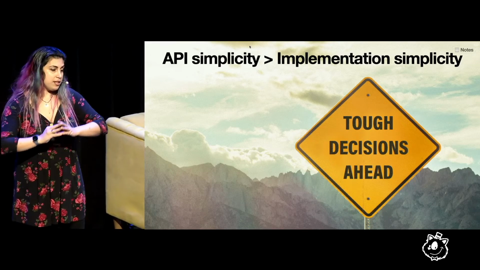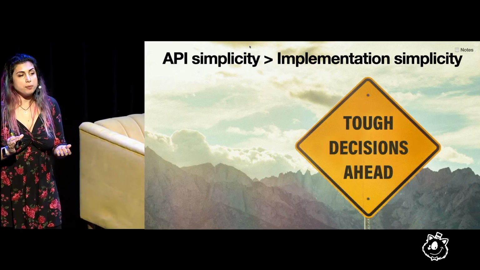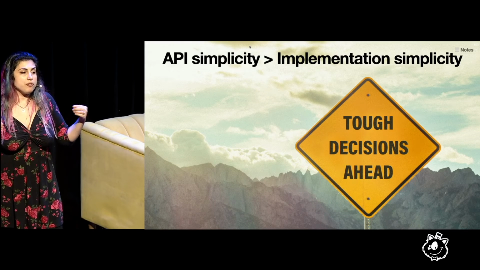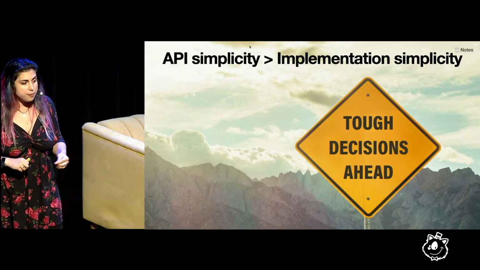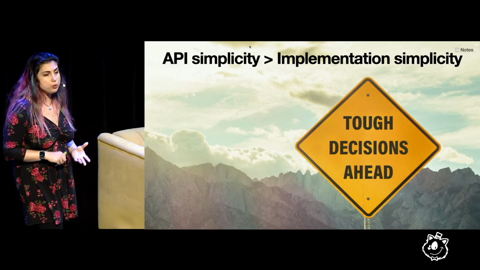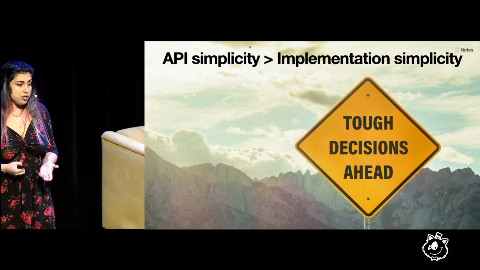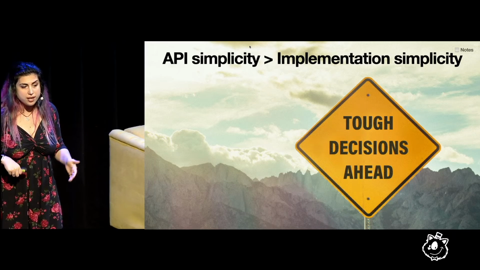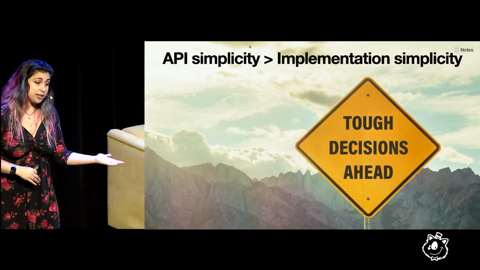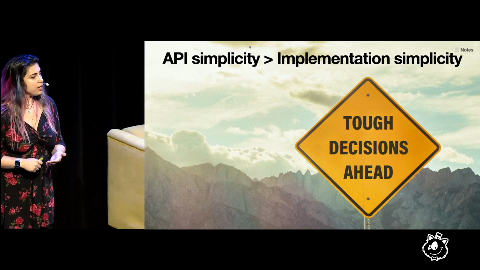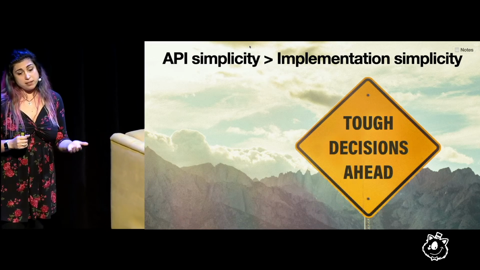And yes, it's nice to have implementation simplicity. It's nice to have beautiful code in your implementation, but it's even more important to have a beautiful API that other people can use without having to look up things in documentation all the time, without having to remember all sorts of things, without getting confused. And sometimes you have to make tough decisions. Sometimes you have to pick between the two, and especially because CSS today, there's a lot of things it cannot do yet. So sometimes you have to pick, am I going to use a hack in the implementation so that I expose a nicer API? Or am I going to tell people that they have to use obscure values to toggle things, but I have a nicer implementation?